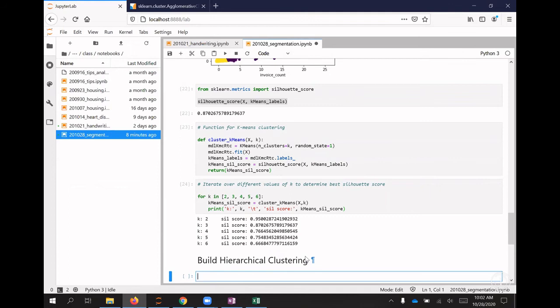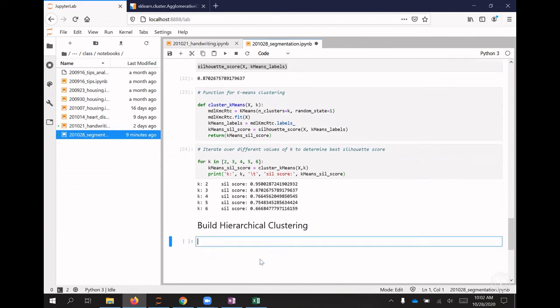Actually, before we build the hierarchical clustering model, let's see if we can create this dendrogram. It would be nice to visualize that. You really won't do this in practice, but since we're doing it the first time here,